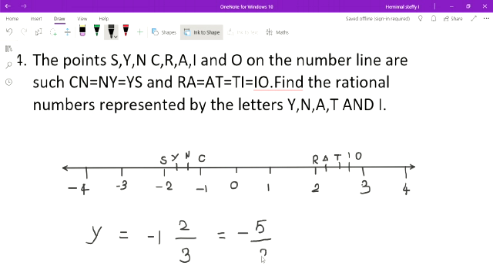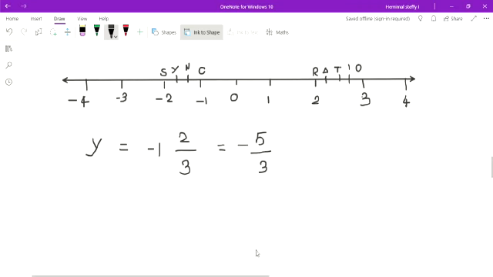5 by 3. Then go to find the value of N. N is which place? Same thing we will write here. Whole number is equal to -1 and denominator is total parts equal to 3. Then N place which one? Near this -1. That is first place as N. So write 1. So what is the answer here? 1 3s are 3. 3 plus 1 is equal to 4. 4 by 3. It is in the negative place, so minus. Is it clear?